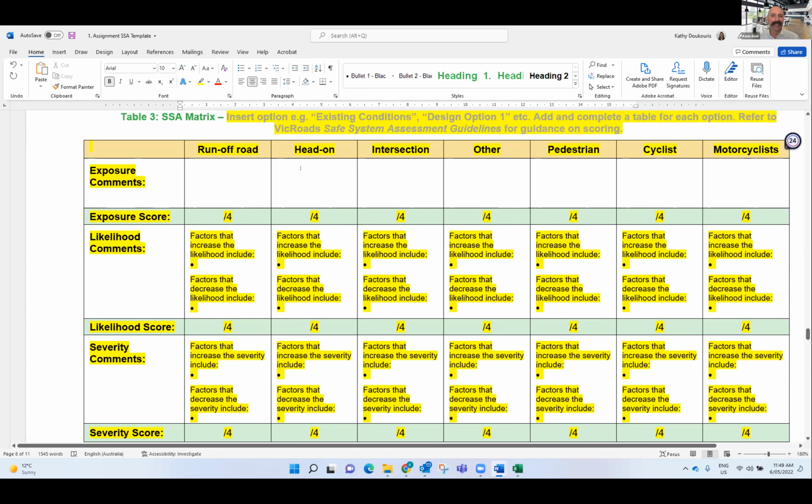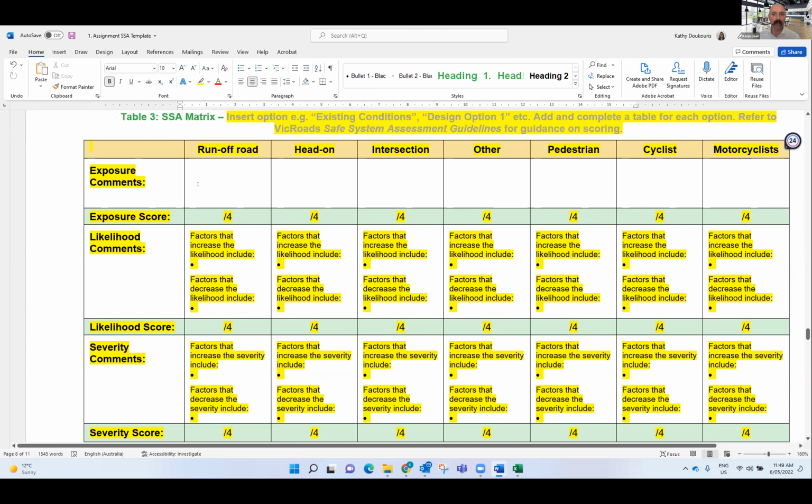It's not about formatting the document, but it always puts your assessor, your marker, in a nicer position if it looks half decent. So the things that people lose marks for are, first of all, adding things in exposure